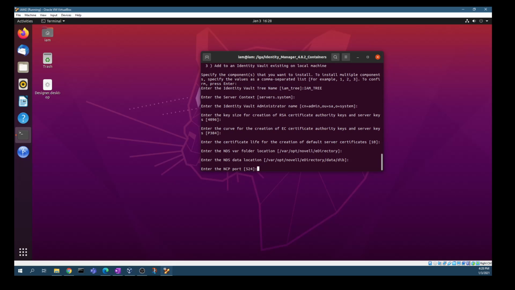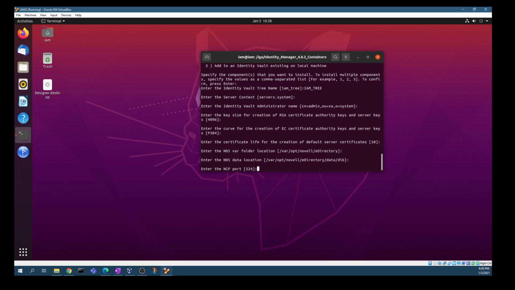Now you could change the configuration of your container if you chose to, so that you're not using the host IP, but currently we are using the host IP. But I'm only planning on a single engine at this time, so I'm going to keep it at 524. But in most cases you're going to have multiple engines out there, so you may want to do naming such